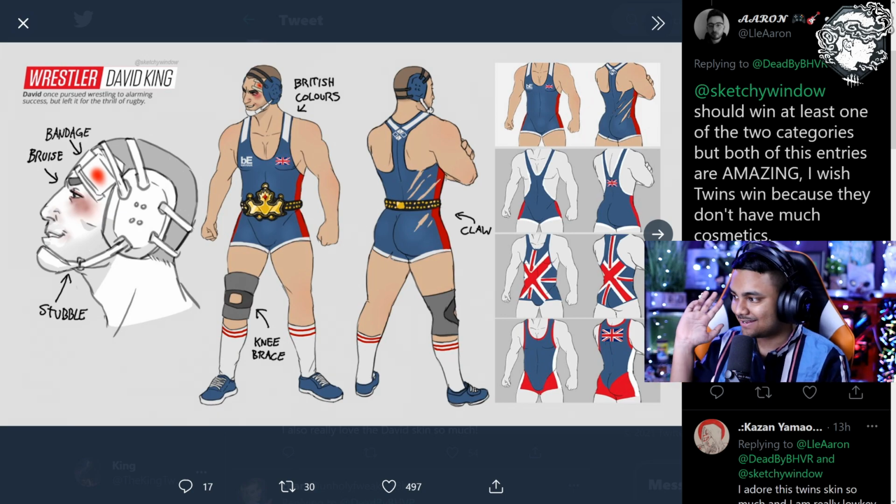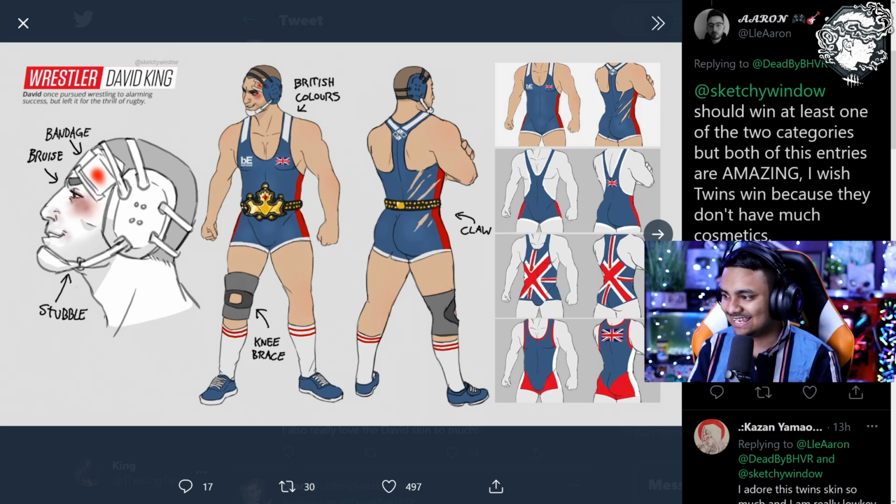Next on the list, we have a wrestler, David King, and he's in his British colors. He even has the Behavior logo on him with a championship belt, a knee brace, and you can see they actually went into detail showing every part of the cosmetic. At the top, they have bandages and bruises, and they have the stubble under their neck. They also have the British colors with the British flag on the back of some of the variations of the cosmetics, and a claw. It looks really, really awesome,